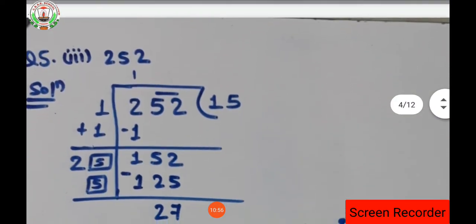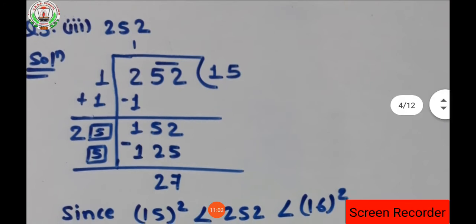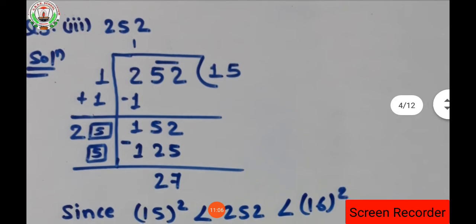Okay, so here is the solution of question number 5, third part. So what is here? 252 is there. Again, the first step, by the long division method, is to make the pair. Making the pair from which side? From the right hand side. So 52 will be the one pair and 2 will remain as single.